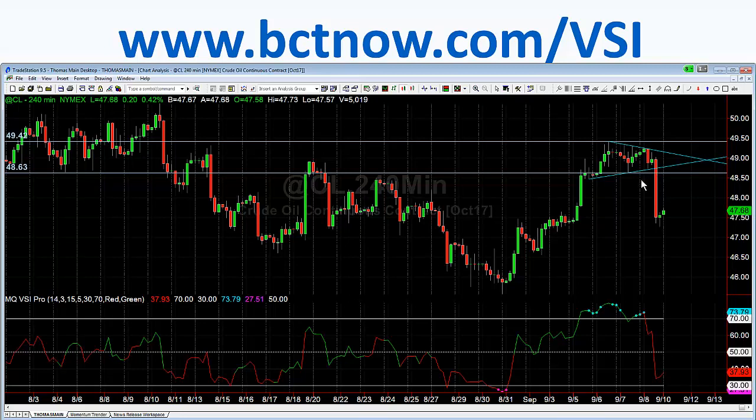Alrighty. First one was crude. Now, not only did we get the volume reversal here, you can see the dots, you also had the bearish divergence. Why was it a bearish divergence? Because prices were equally as high just about, but indicator lines significantly lower. Now, what else did you have? When we broke out of the pennant pattern, what color was the indicator line? When we broke out of the pennant pattern, the indicator line was bearish. So you also had the confirmed breakout, the regression confirmed breakout.